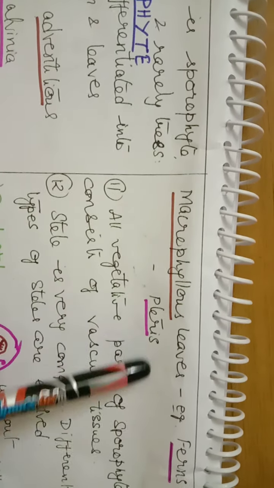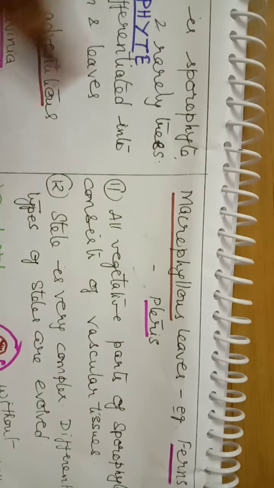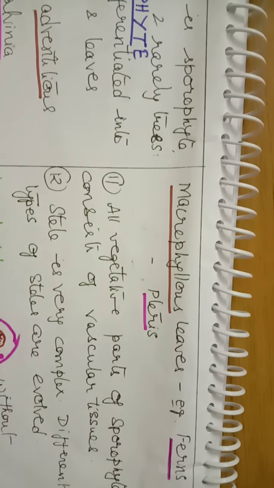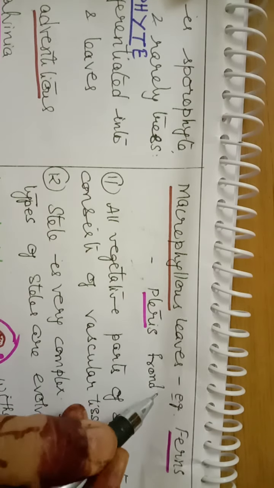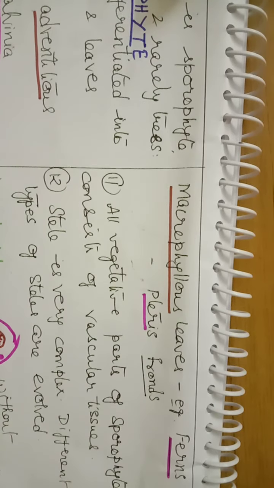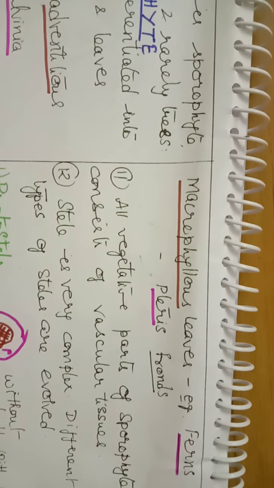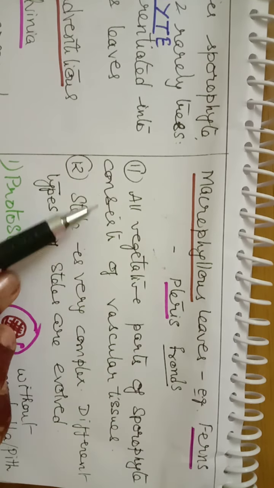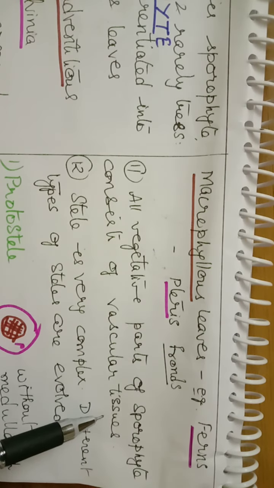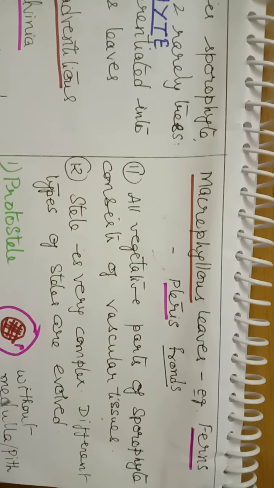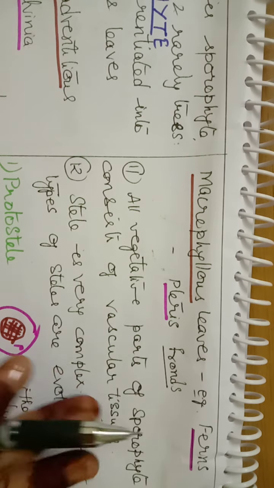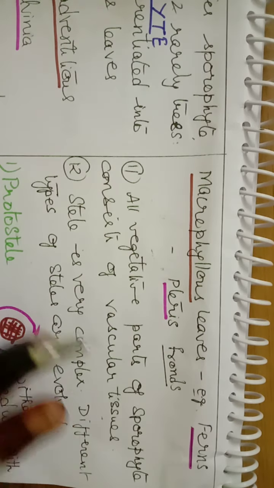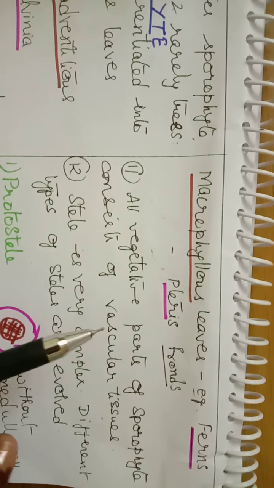Leaves may be macrophyllous also. That means large size leaves. These macrophyllous leaves are found in ferns, and they are also called fronds. The term frond is used for macrophyllous leaves. Now, all vegetative parts of the sporophyte consist of vascular tissues. One point to be noted down is that only the sporophyte consists of vascular tissues, not the gametophytic stage. The gametophytic stage is atracheophytic, whereas only the sporophytic stage consists of